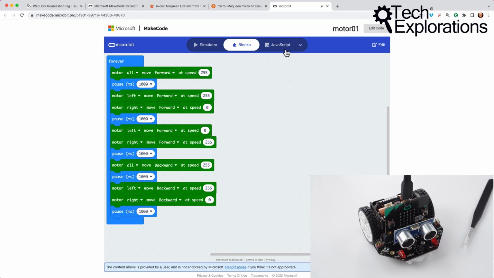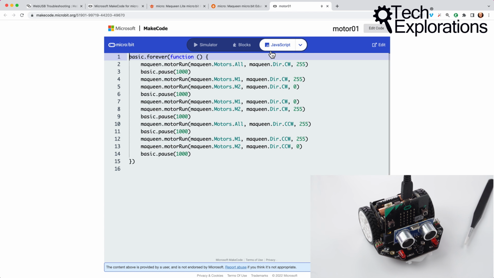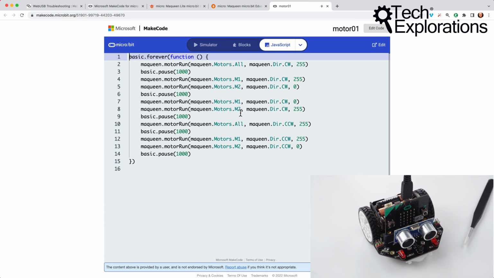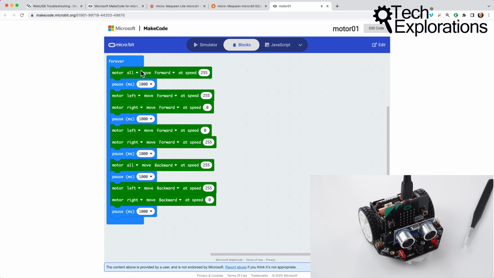Now the program comes in two forms that are interchangeable. There's JavaScript and there's the blocks. Probably when you are just starting up with programming, the blocks language looks easier to begin with, and then later on when you start getting a sense of the programming language, you can switch to JavaScript, which is more explicit. As you can see here, it's more like a real programming language. So back into blocks, you'll see that we've got an outer